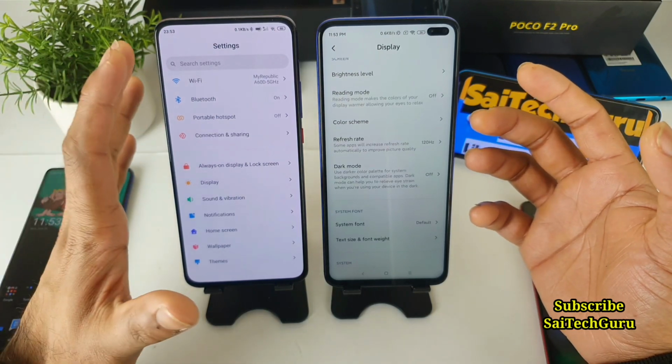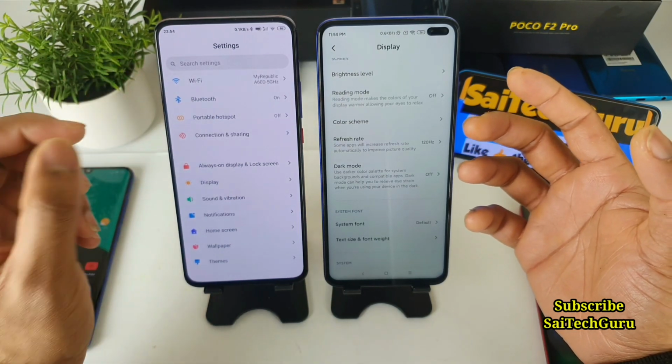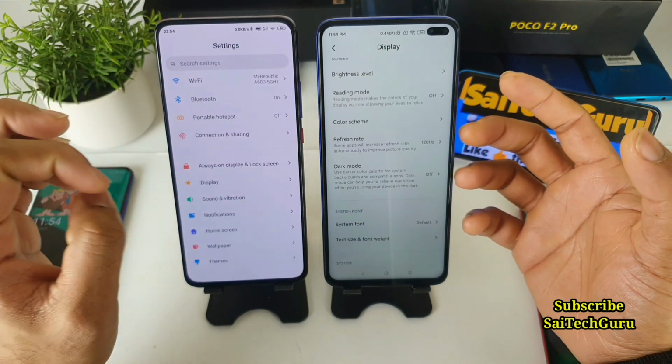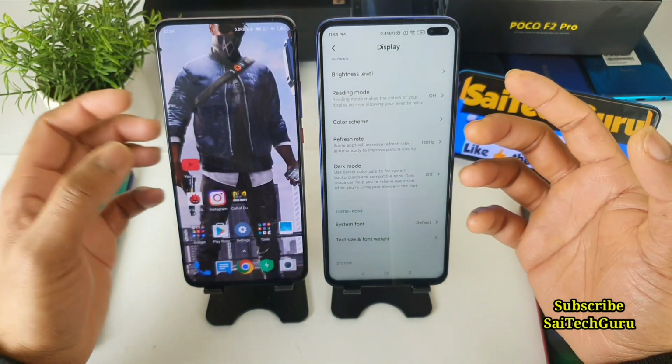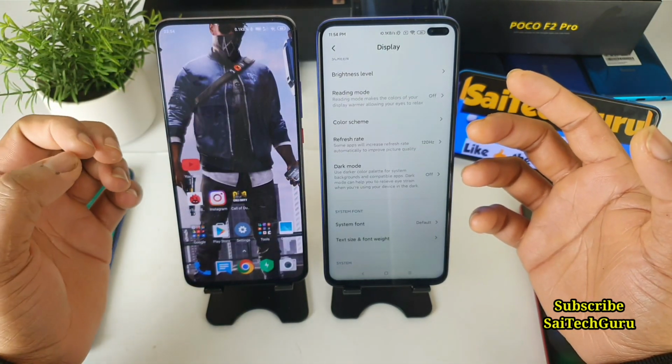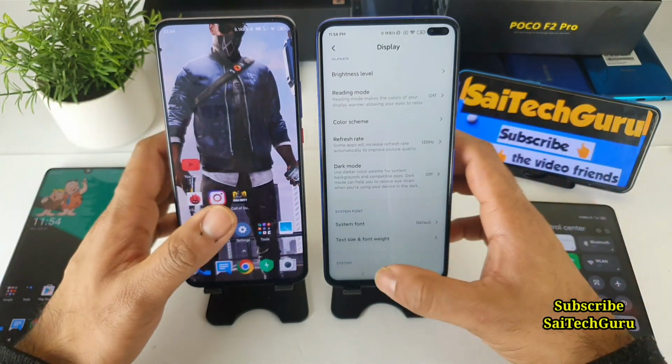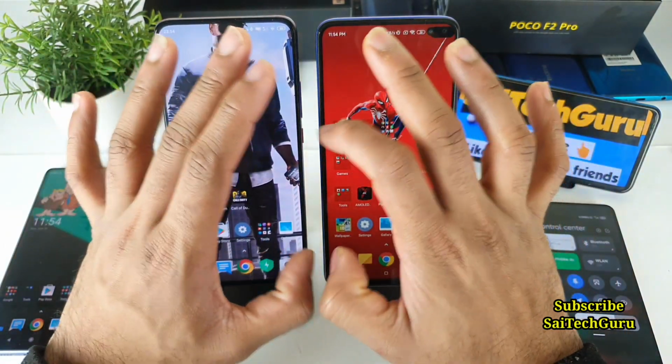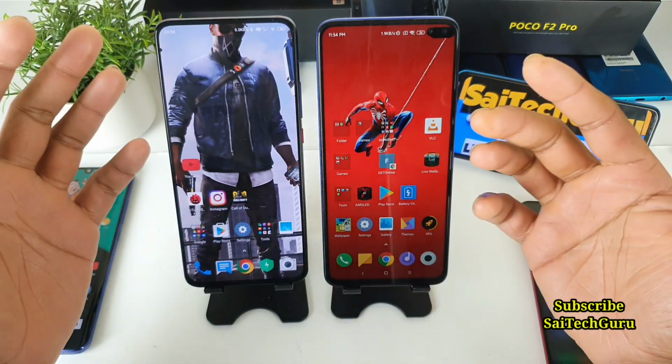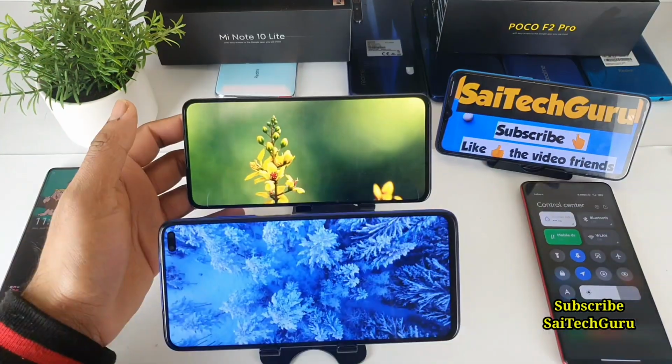Definitely this is a little bit of a gimmick which will work when you are using the phone. The first time I used the phone, I felt it's super fast in the touch response. So let's get started with the display comparison by playing one common video on both the phones.